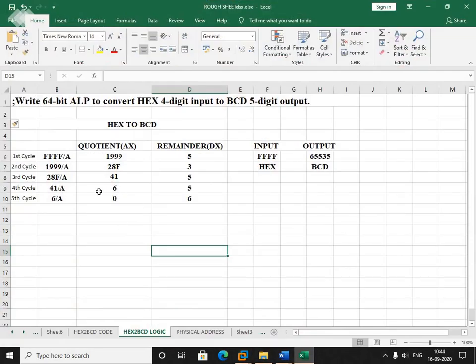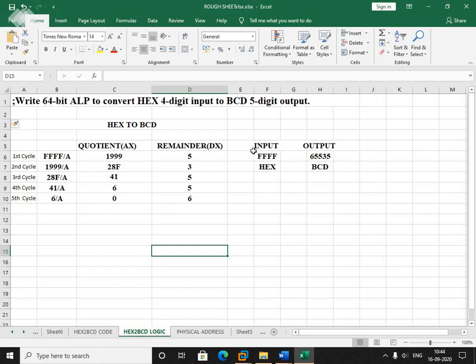Hello students, in this session we are going to learn how to write a 64-bit ALP to convert a 4-digit hex input to 5-digit BCD output. So basically we are going to convert a hex number which is of 4-digit to BCD which is of 5-digit, right?